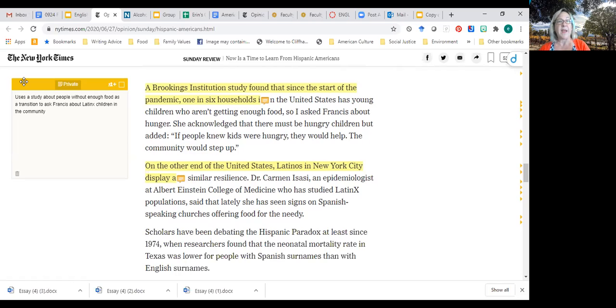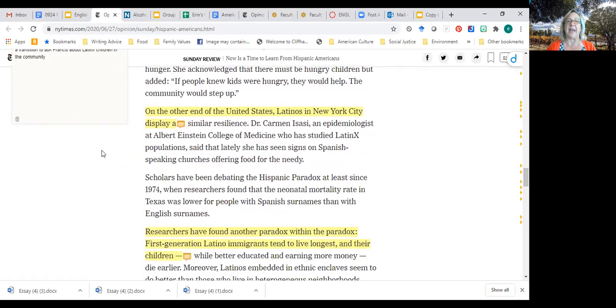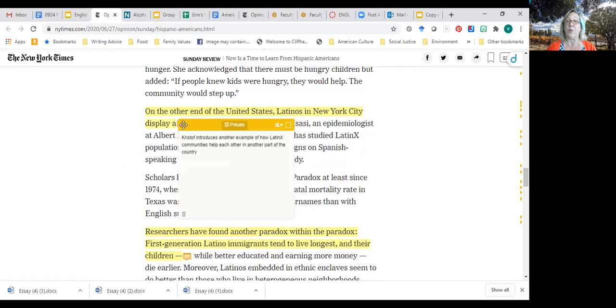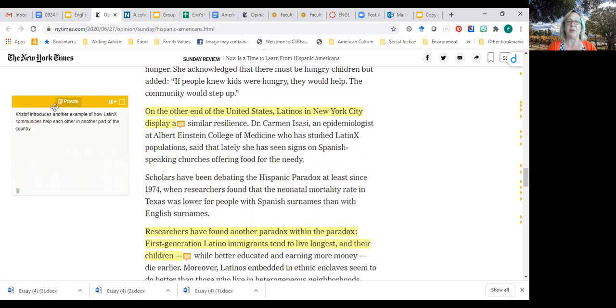Now, Frances is just one example. And his readers might think, oh, that's really nice. Frances is a very nice immigrant, but not everybody is. And so he is going to provide a second example. On the other end of the United States, in New York City, which is where this newspaper is from, a doctor, and he gives her name.